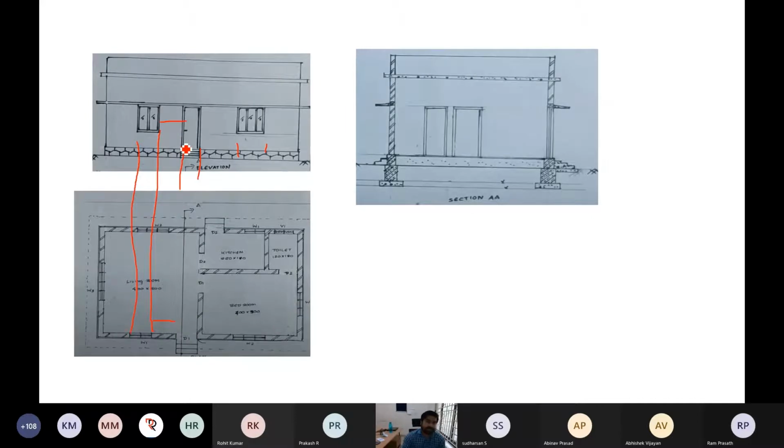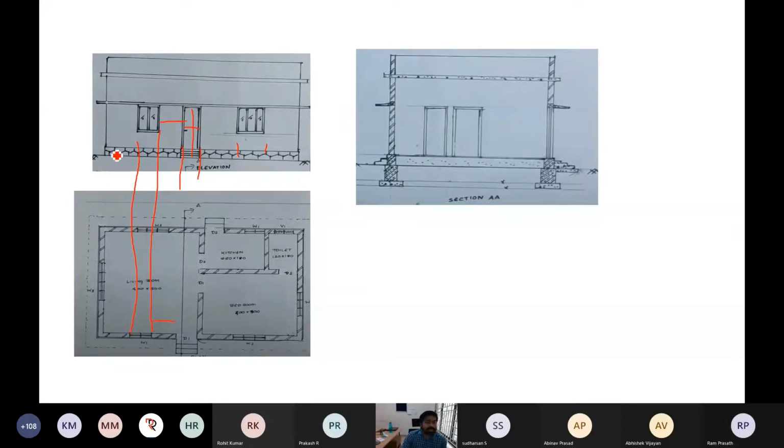Okay. So this is the way you can complete that plan, section and elevation. Okay, so here in front elevation, suppose in that specification, if they are telling glazed windows, you can make it glazed windows. They are telling some paneled windows, you can make it paneled windows. Okay, so if they are making some 4-paneled doors, you can make the doors in such a way. So in such a way you can make your own arrangements.